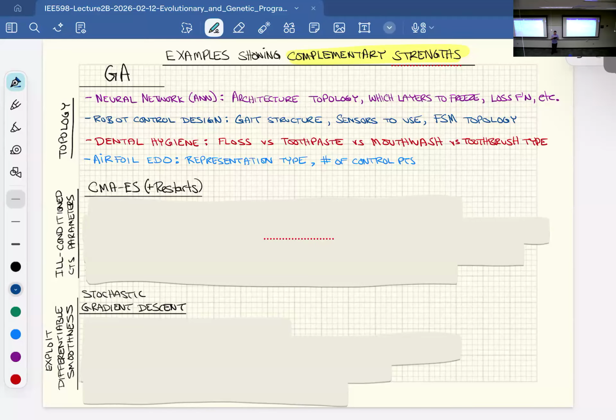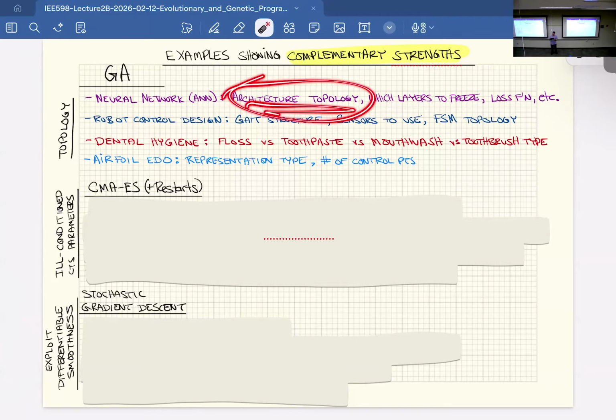As an example, I've already mentioned this one for a neural network: coming up with the topology, the architecture, which layers to freeze. In a multi-layered feed-forward network, you might find out that you only want to optimize one layer, and the rest you just randomize and leave so-called frozen. So which layers do you want to adapt, and which layers do you need to leave frozen? In a large language model, it's pre-trained, everything's frozen, but now you can bolt onto the side of it this thing called a low-rank adaptation, and you can train a large language model just by training this little adapter that's on the side, and you leave everything else frozen.